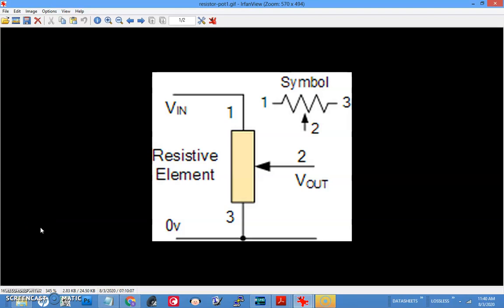Okay, hope you watched the videos I have posted in Amble on ADC and how it works. Let us learn more about the potentiometer which we are going to use in the simulator. In the simulator, the potentiometer is like an analog slider.